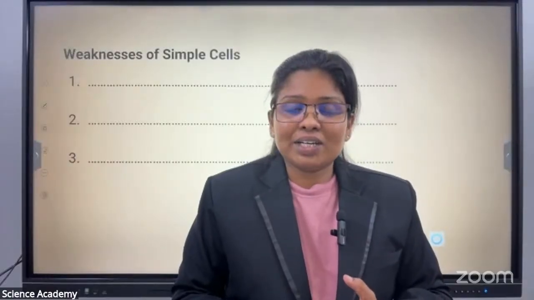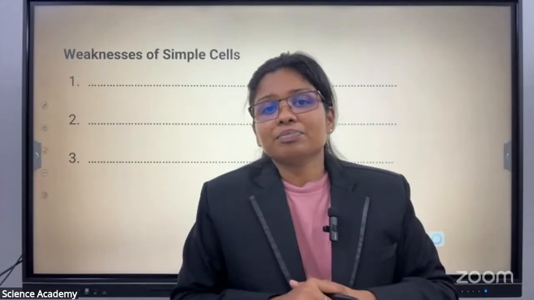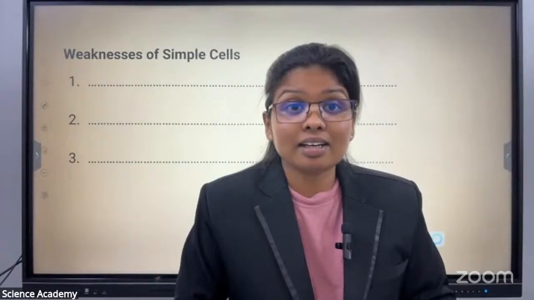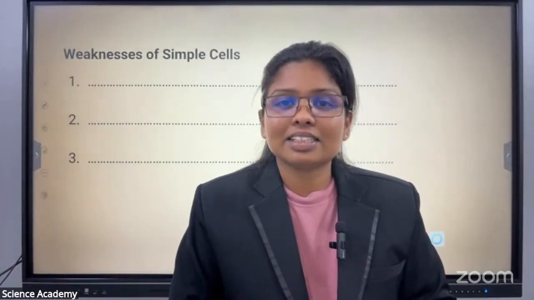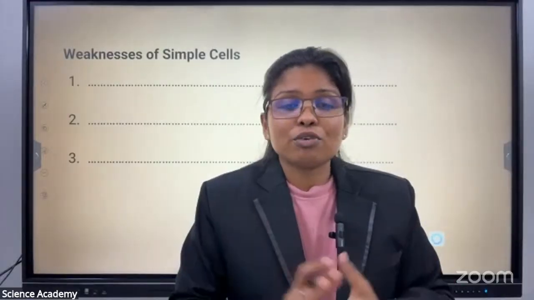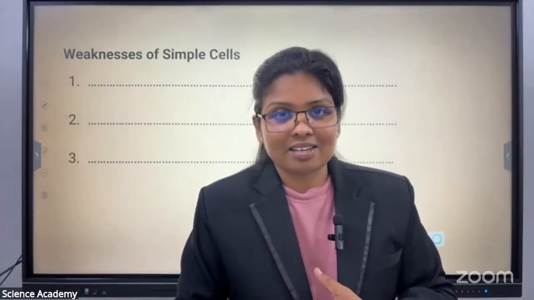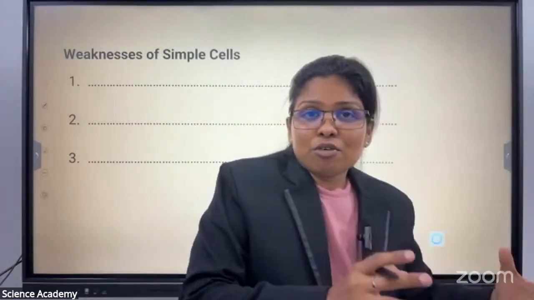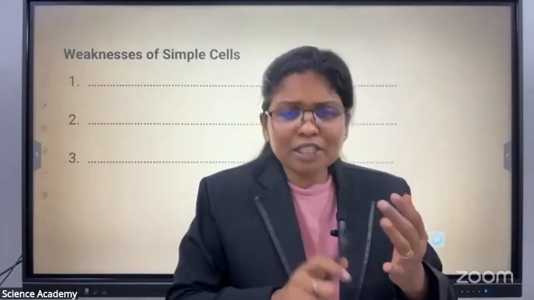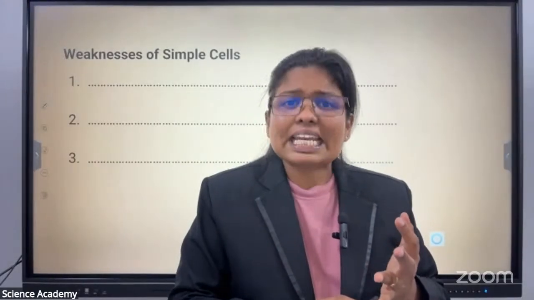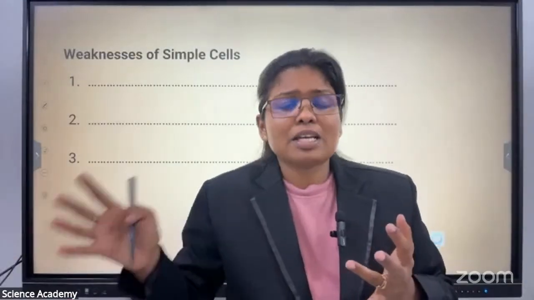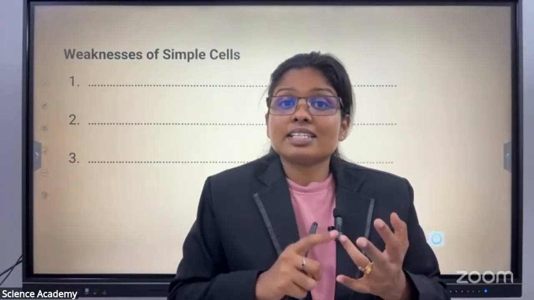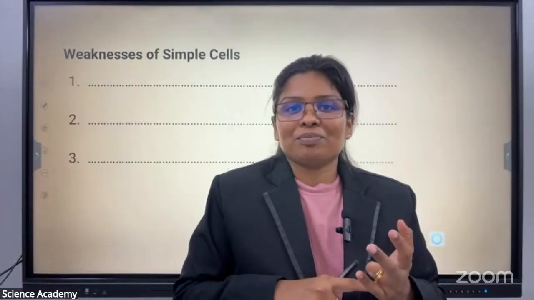Another thing, children, is that this simple cell is difficult to handle. Why is it difficult to handle, children? Because it is full of dilute sulfuric acid. So it is really difficult for us to take it from one place to another. Difficult to handle, right? And it is very dangerous to bring from one place to another, right? So children, it is not user friendly. And the zinc plate depletes very rapidly, right?